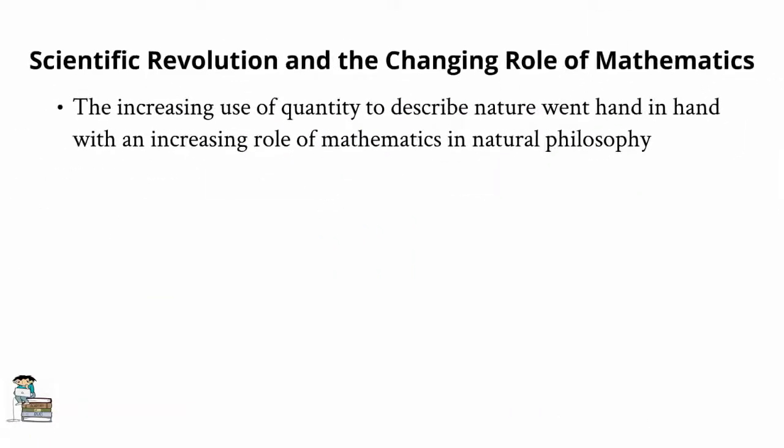During the scientific revolution, natural philosophers became increasingly concerned with using quantity to describe nature, and this emphasis on quantity went hand in hand with the growing role of mathematics in natural philosophy. As we mentioned at the beginning of the lecture, mathematics was for a long time seen as outside the realm of natural philosophy. But philosophers such as Copernicus, Kepler, Galileo, and Newton increasingly made use of mathematics in their natural